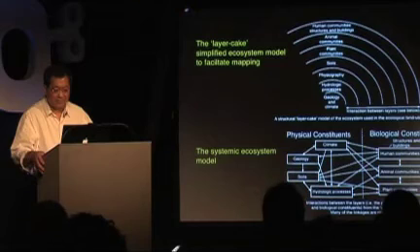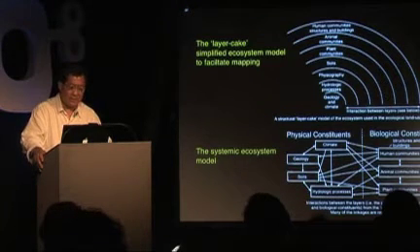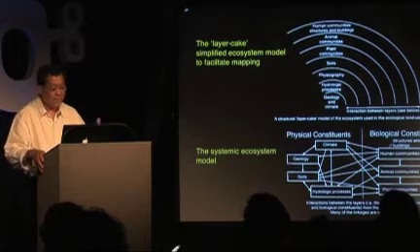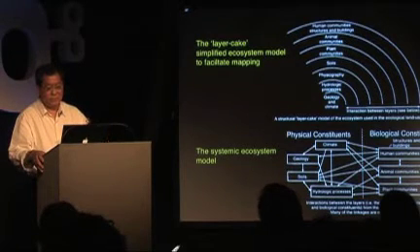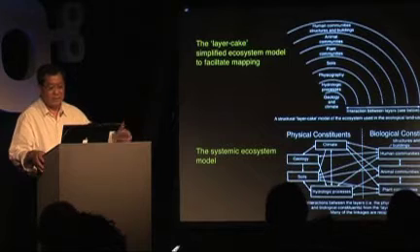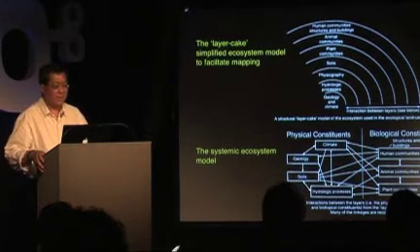Otherwise, we spend three years, several years, studying the ecology before we put up a building. Nothing will get built. And so, around the late 60s, landscape architects came up with this method, which we call the layer cake method. So you can map a location in terms of geology, hydrology, and so forth. You can see the first diagram. And then it's a quick way to understand the ecology.